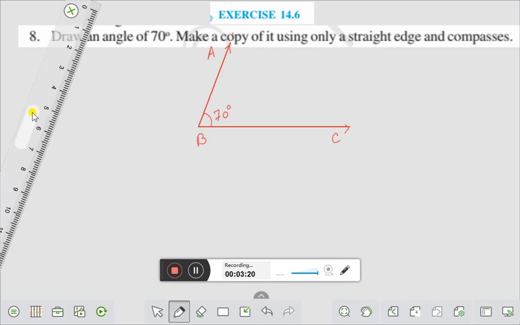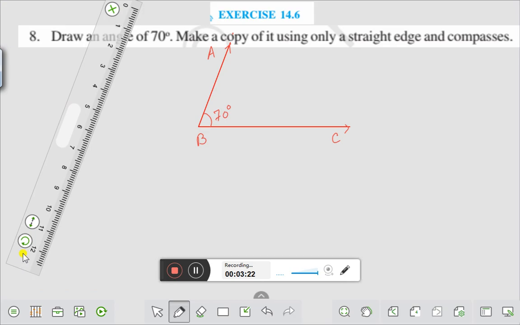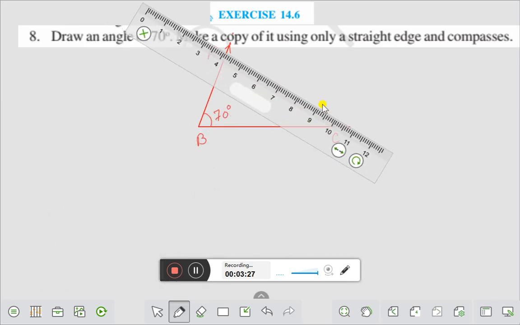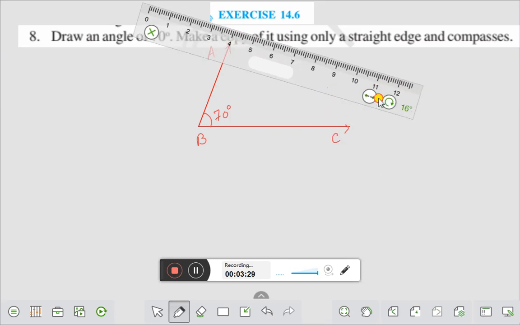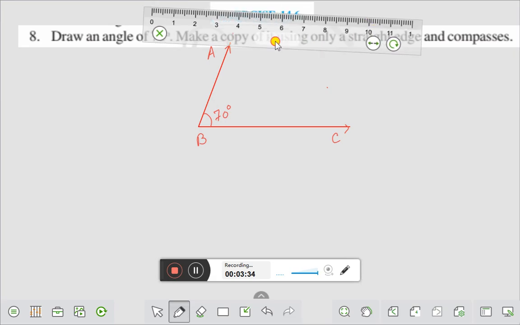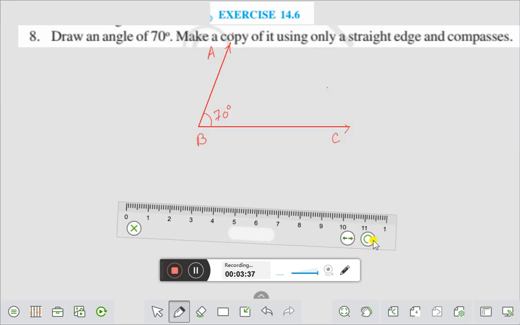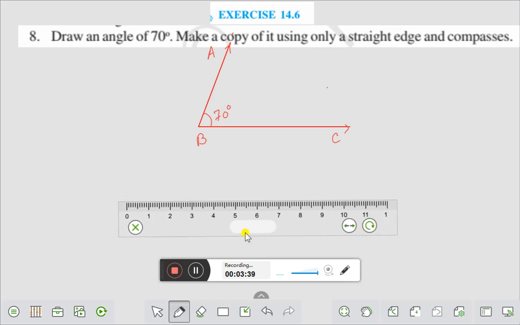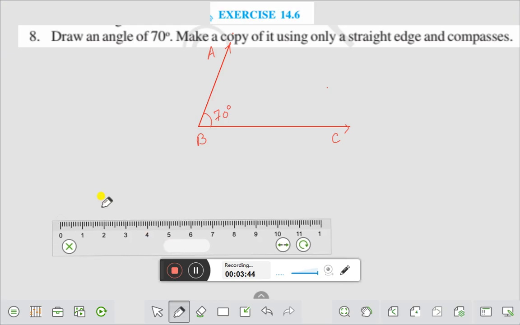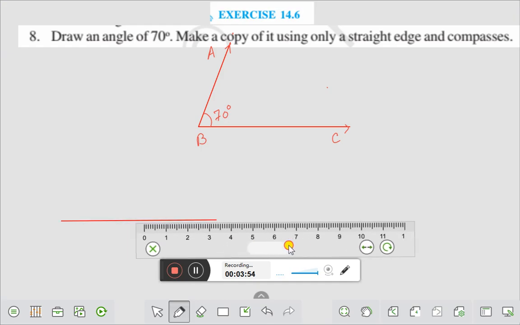First of all, with the help of ruler, draw a line. Right. After that,